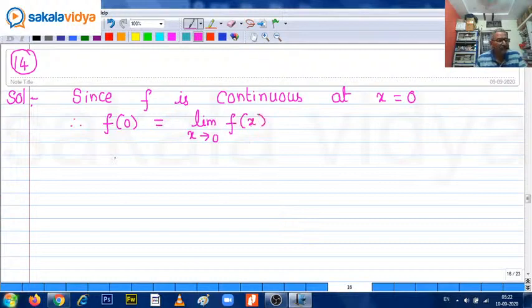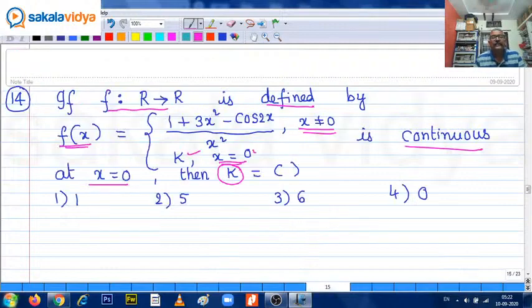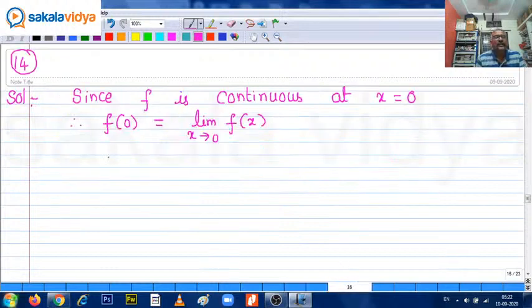Here, when x is equal to 0, f of 0 is equal to k, which is given. So k equals